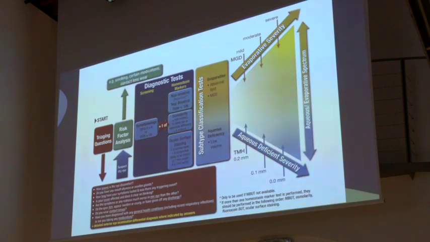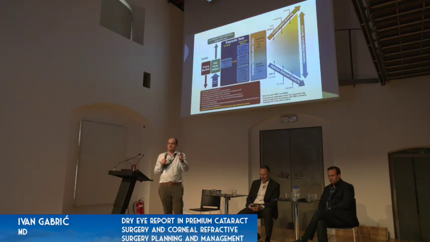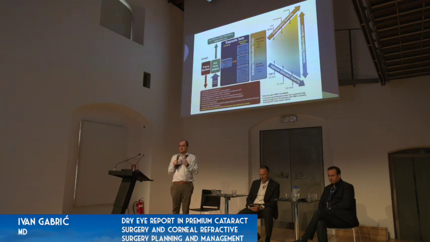If you tell them that, the decision to have surgery is now a shared decision between you as the clinician and the patient. But if you see or think this patient might have dry eye, but you don't warn them because you're afraid they might not proceed with surgery, so you won't get your fee, and they end up having severe dry eye, very poor quality of vision, then you're doing a disservice to the patient and yourself. Using tools like this is not to discourage you from doing more surgery. It's to share the responsibility between you and your patient.